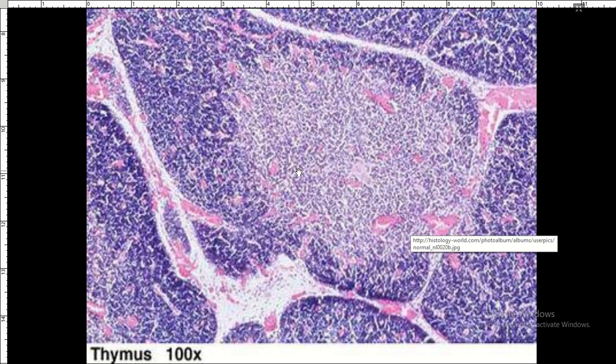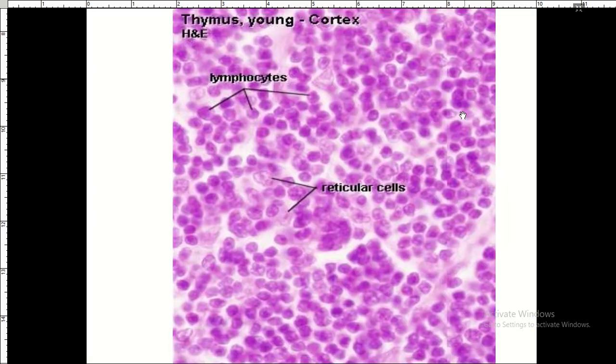Another good diagram here. So you can see this is your periphery, your outer darker cortex, your inner medulla. You can see a Hassall corpuscle, Hassall corpuscle, Hassall corpuscle. They are very eosinophilic. Why? Because of the presence of keratin. Your trabeculae, and in the trabeculae you're also going to have blood capillaries, right? So you can now see that the lymphocytes have a large nucleus, and these pale cells with the small nucleus are definitely going to be your reticular cells,